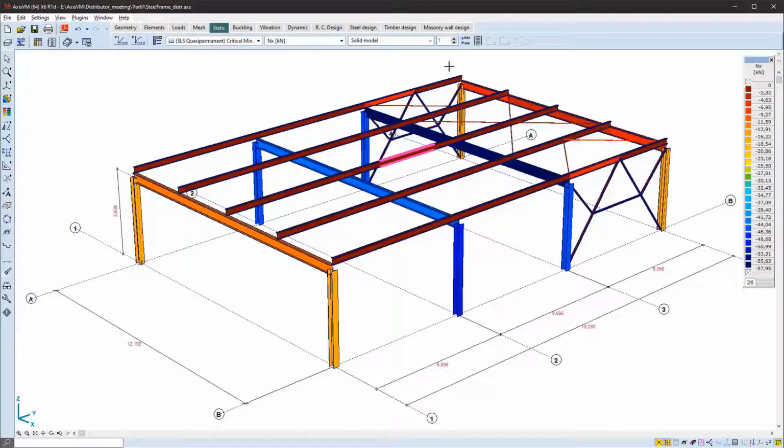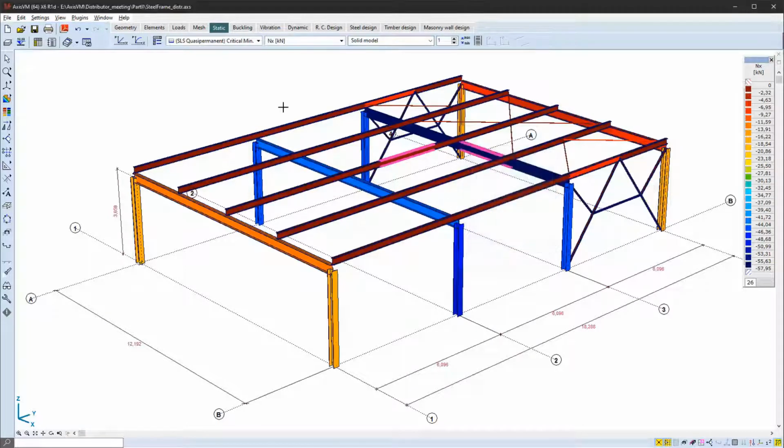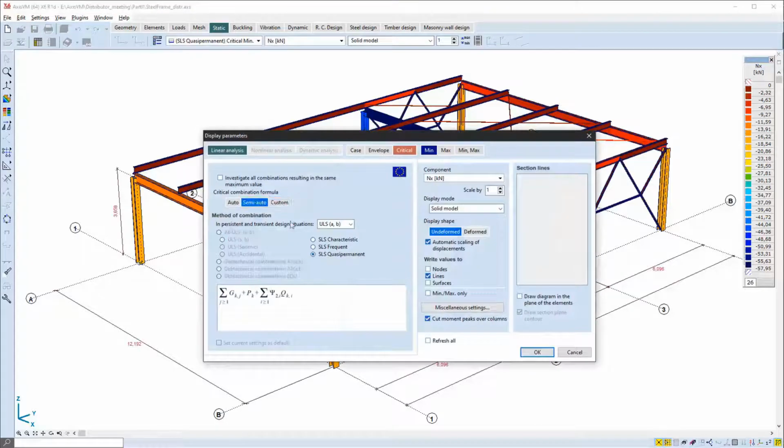These were pre-existing in previous versions, so X5. So now quasi-permanent was selected and quasi-permanent results were shown. But now we have a semi-automatic formula, and this means that AxisVM uses ULS or SLS combination according to the type of calculation, but the formula for creating SLS combinations can be chosen.